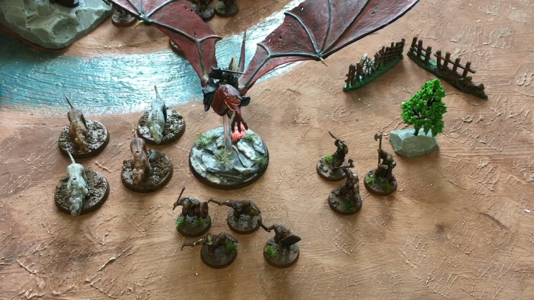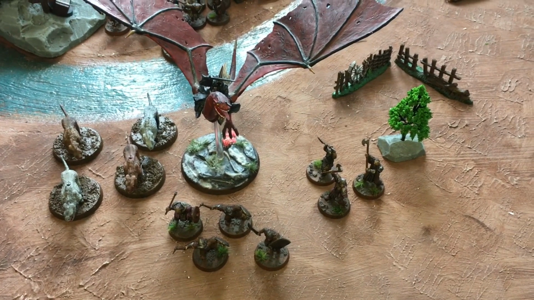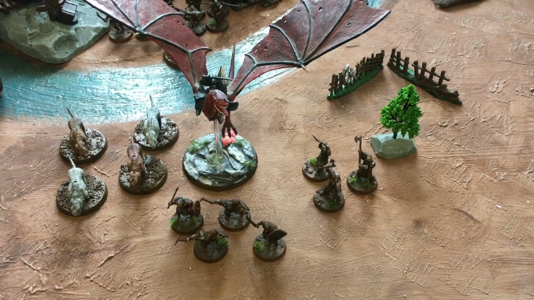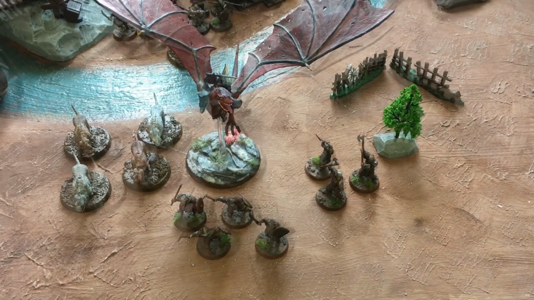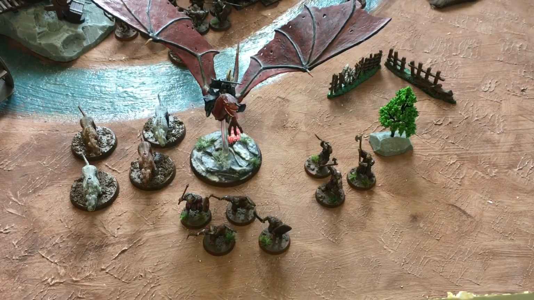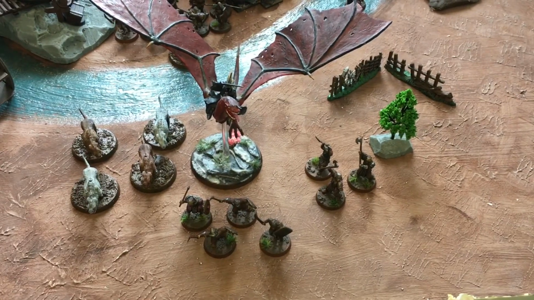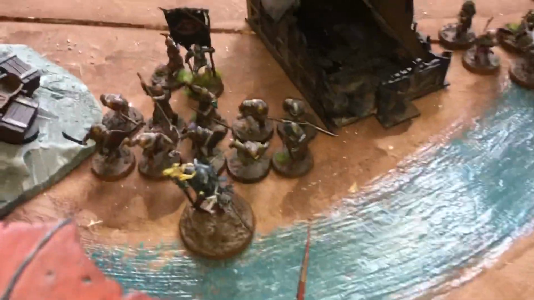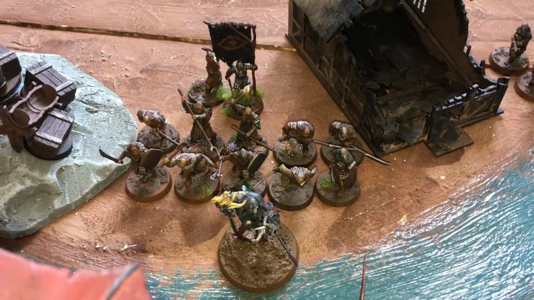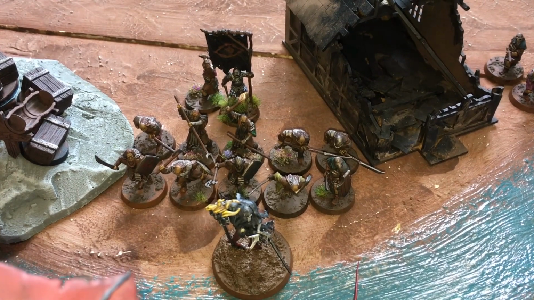Leading the forces of evil is the Witch King of Angmar. He has the Crown of Morgul, a Fell Beast, and he's got 3 Might, 17 Will, and 3 Fate. In the Witch King's Warband, he has 3 Angmar Orcs with 2-handed weapon, 4 Angmar Orcs with shield, and 4 Wild Wargs. Bringing chill aura to the battlefield is the Shade, and he has with him 5 Angmar Orcs with